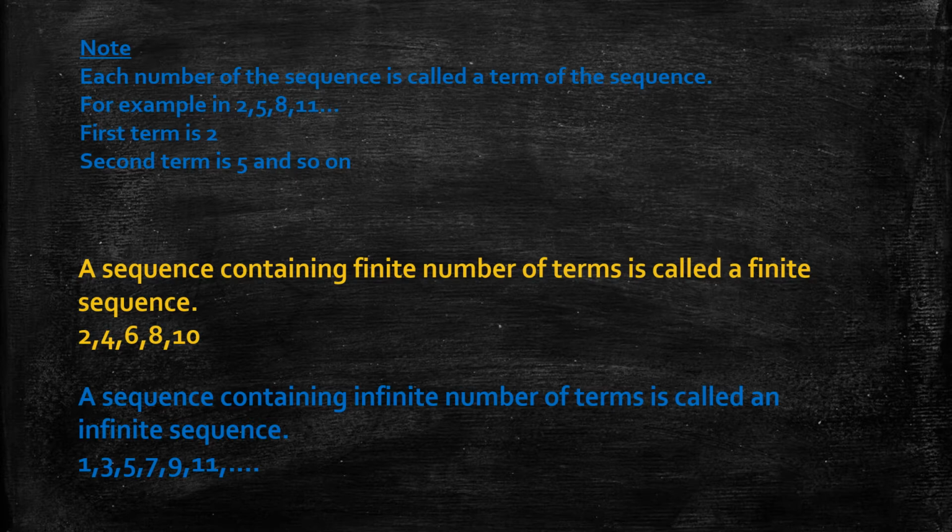In infinite sequence, you do not have the last term. It goes on. Whereas in a finite sequence, the last term is specified. We know in the previous set of example that the fifth term is the last term. So it is a finite sequence. Whereas in the next set of example, 1, 3, 5, 7, 9, 11, and so on, the last term is not specified. It is not countable. So it is an infinite sequence. Understood, children? You know what is finite sequence and infinite sequence now?